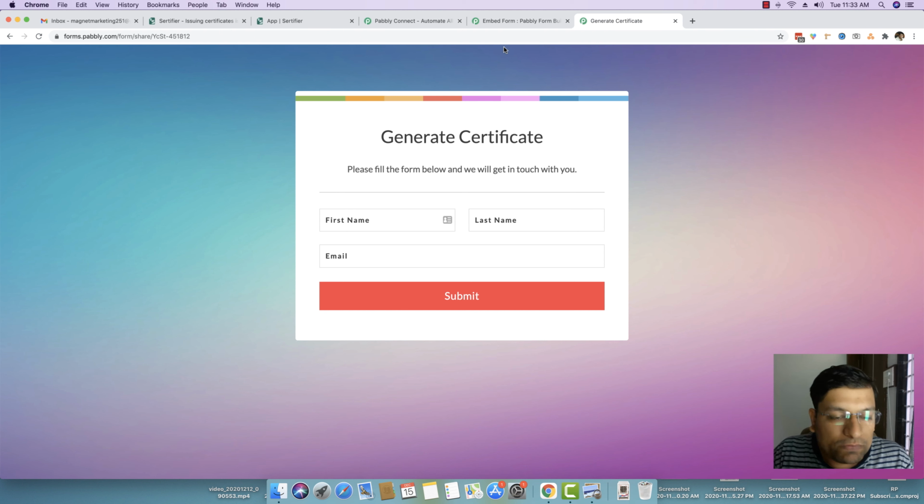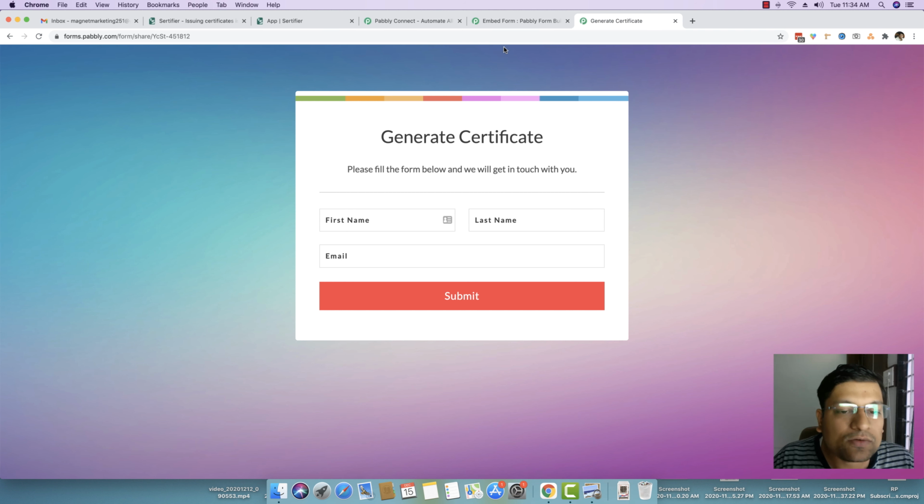Okay. Now we will be doing an integration between this form and Certifier with the help of Pabbly Connect. Pabbly Connect is an integration application which helps you bind two separate applications together. And it is not just the form application that you can bind with Certifier or any other application, but even if you have some e-commerce solution like Shopify or WooCommerce, or if you are using some billing software like Thrivecart or maybe Pabbly Billing, you can integrate just about any application out there.